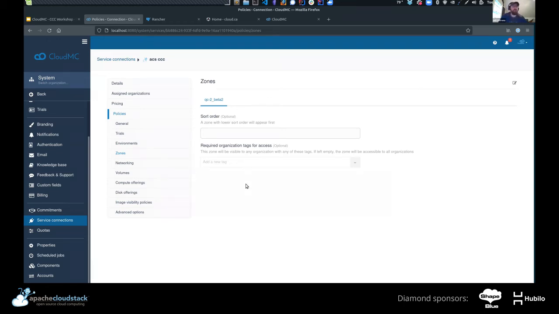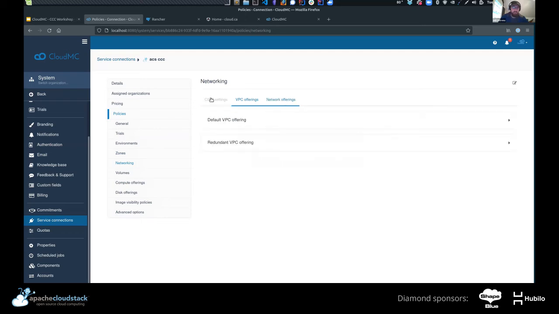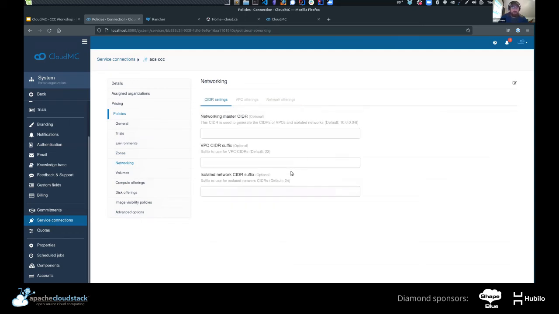Then when you go to the organization and associate those tags, they'll see that zone. Otherwise, they wouldn't. And for networking, you can set a number of features here, and you can see the different offerings that you have. Volume, same type of thing.